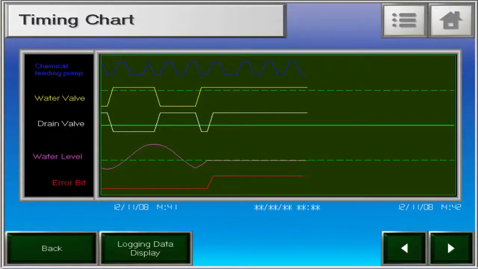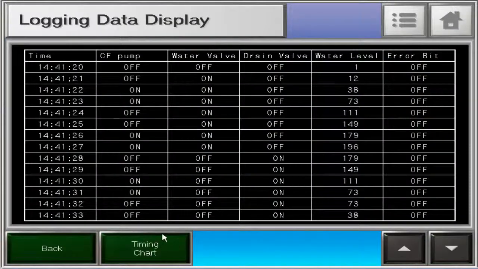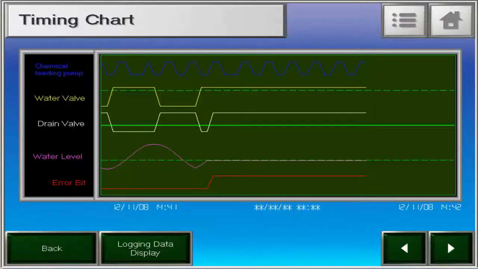The same historical trend graph part can be configured to display log data as a timing chart. This feature can be helpful during alarm debugging, as it can display the actual sequence of events versus time in a graphical view. These easy-to-use data management functions are just a few of the many powerful features available on the